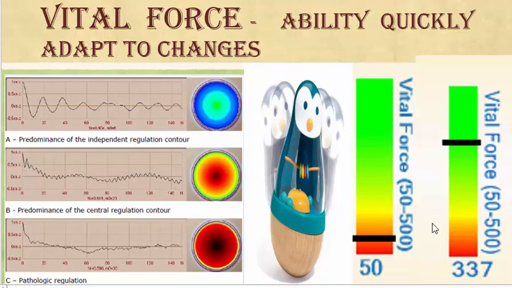HeartQuest has the vital force parameter. Other heart rate variability devices on the market don't have this parameter, so we don't see how much power the body has if we perform deeper detoxification or a deeper healing process, which requires more energy. This is why in some cases it's important to monitor the vital force. This is the coverage for the vital force.